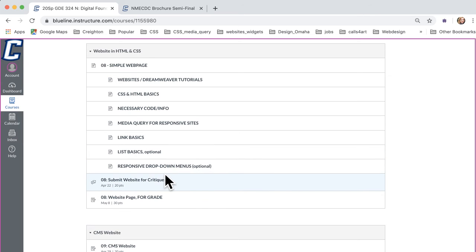So things you'll be changing are link colors. Also, I forgot to mention that part. We are not going to submit for peer critiques, but you'll submit it and then other people can view it. This one, I can tell you, tends to be a little harder for people to do because I think they have a mental block. They think it's going to be hard because it's code based.